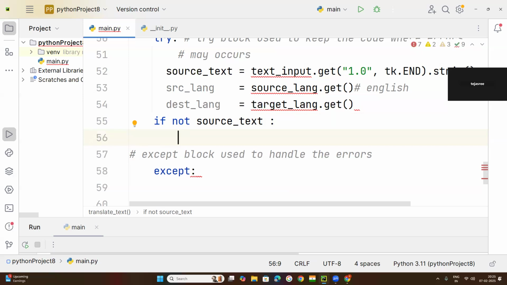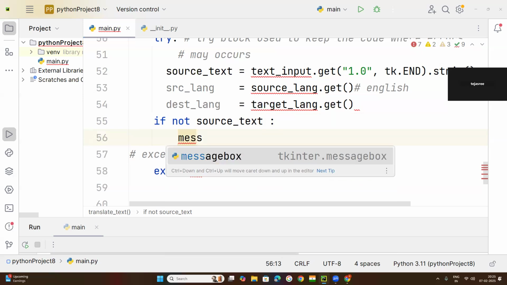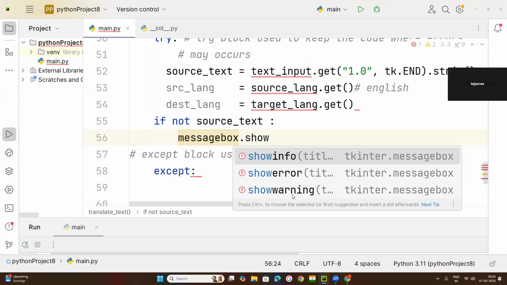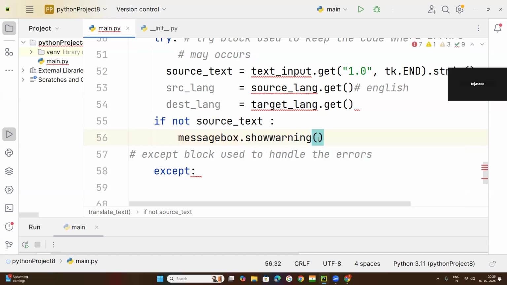So the message box is used to show info, and this one is called show warning. This function, message box, under this we need to give a message that is called a warning message. A simple text I want to keep inside of this. Which warning will it give? That warning is: